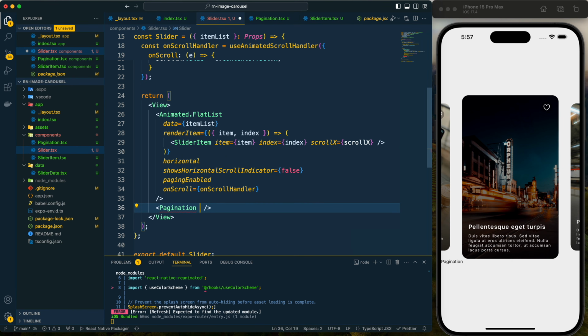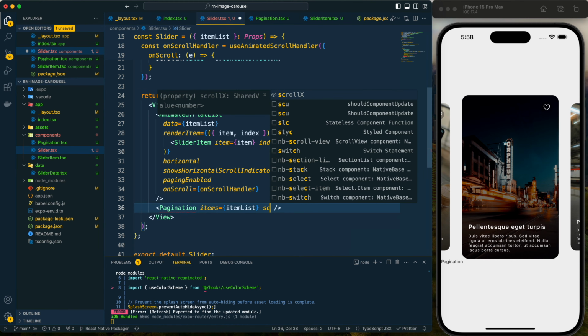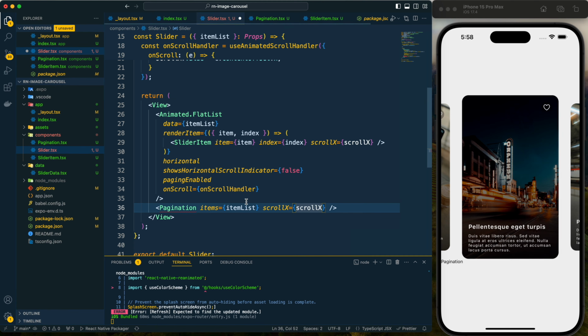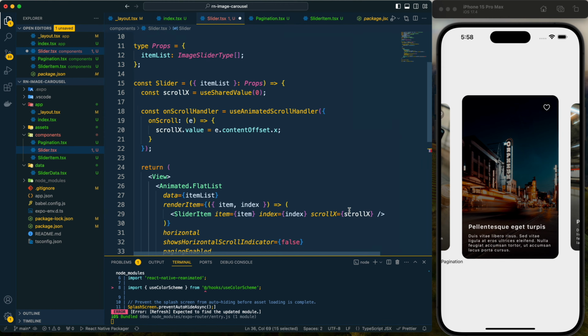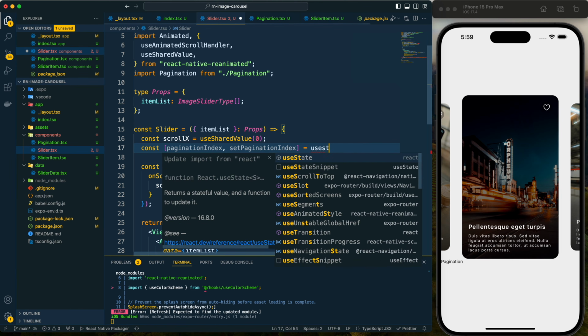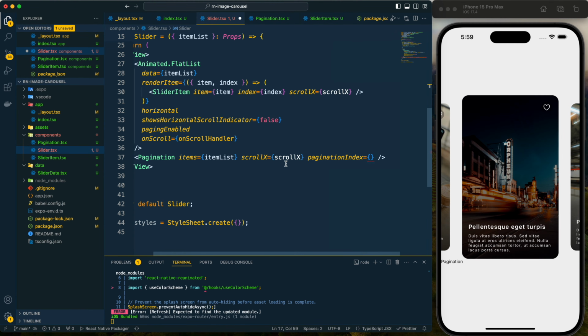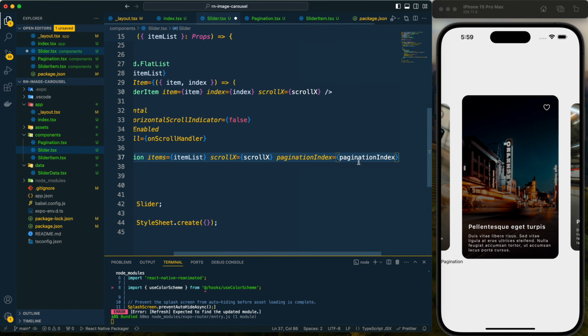So let's accept those here, and here let's provide those. So here first for the items I need to provide the item list, then for the scrollX we need to provide the scrollX value, and then for the paginationIndex I will create a new state, and I will provide 0 as the initial value of it, and let's pass the paginationIndex here.